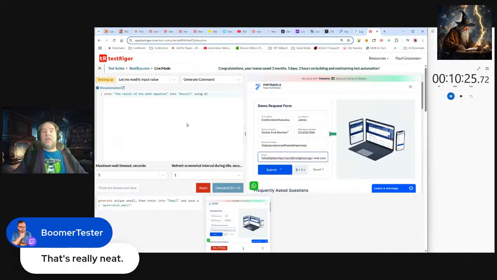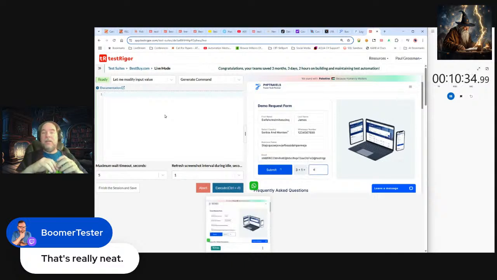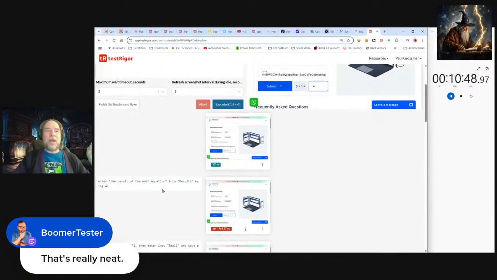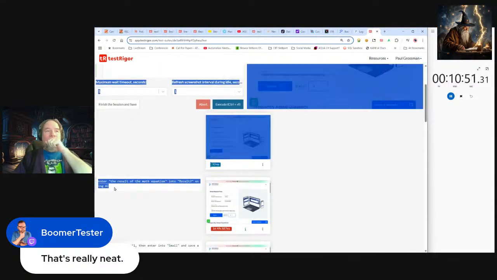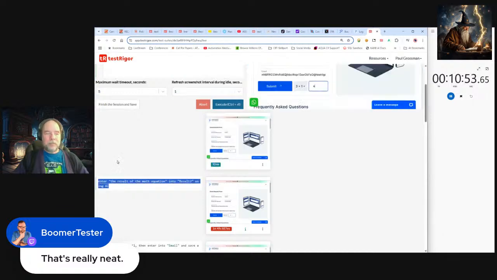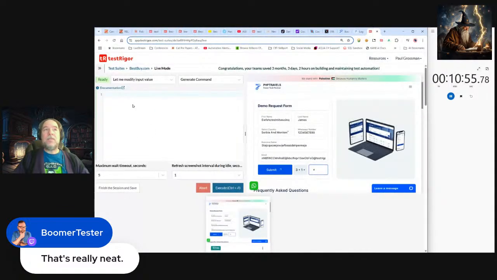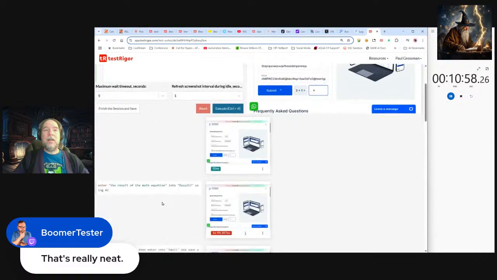It'll take a few seconds. Hopefully it finds this sample, this 3 + 1. It will enter 4 in there. I've never tried this before. So 50-50. I put in E. All right, like I said, the AI, to be fair, it tried to do this. I'm going to give it a shot. I suspect, I don't know what it did there.